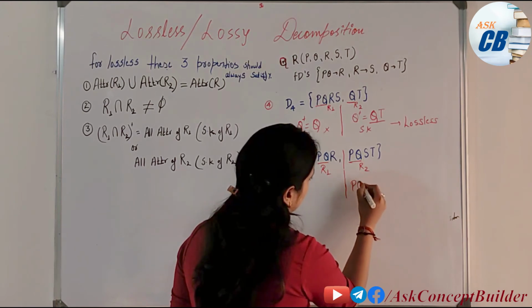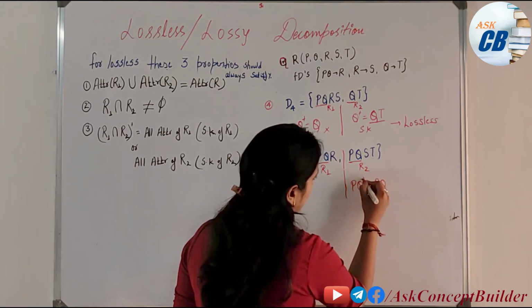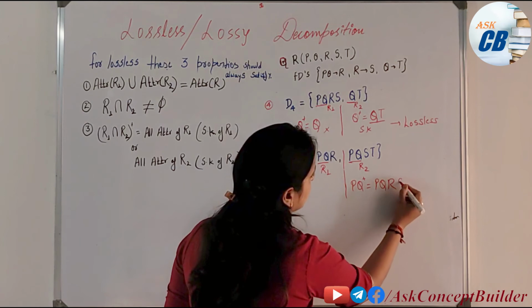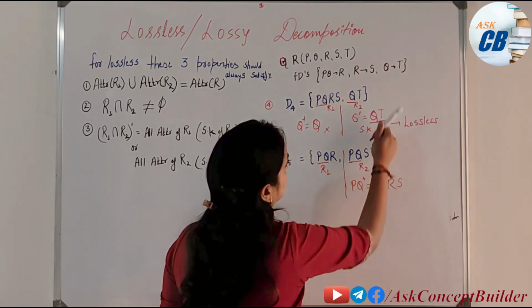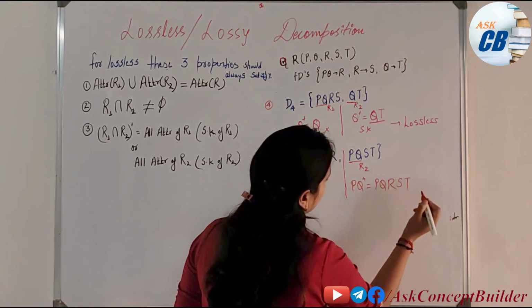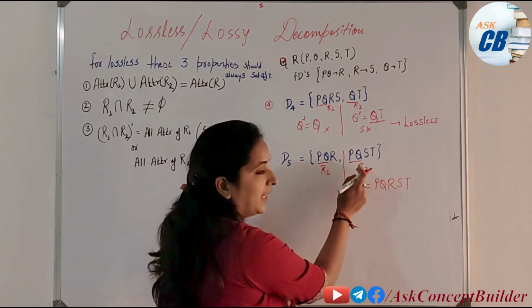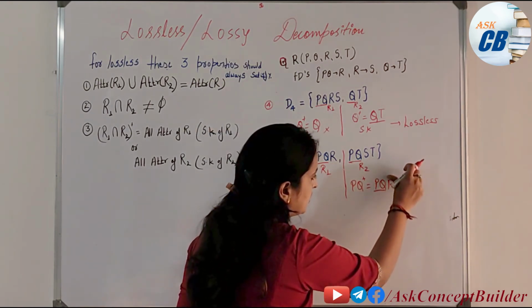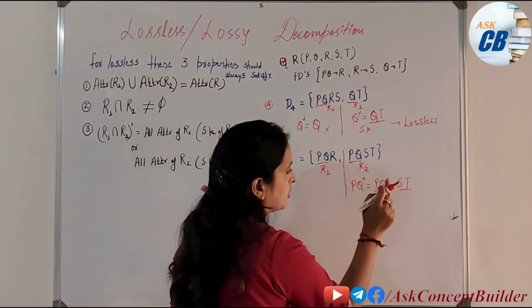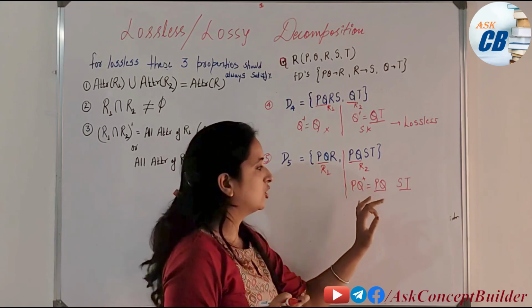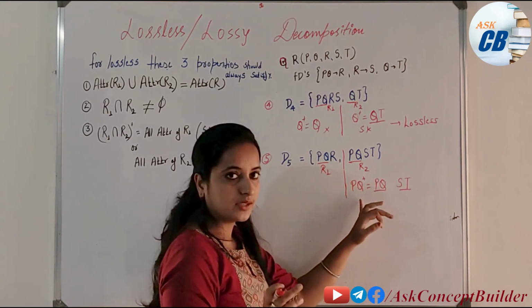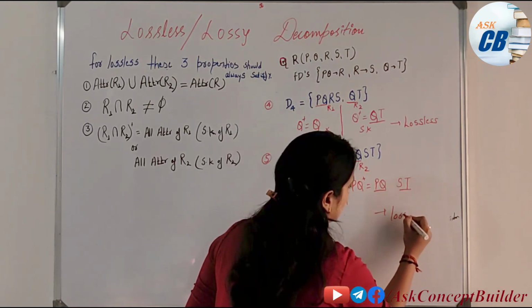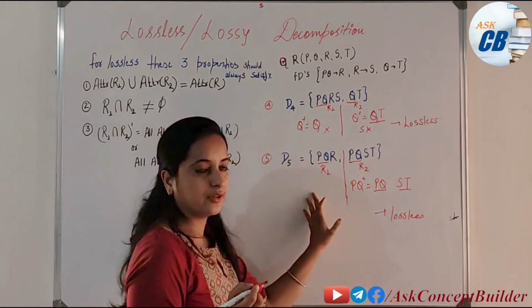Now PQ, so what will PQ give you? PQ will derive PQ. Now PQ is giving you R, and then R is giving you S, and Q is giving you T. Now see, is PQ deriving all the attributes of this relation? The attributes of the relation are PQST. So PQST, yes, it is deriving it. This R is not in relation R2, it is deriving it, but it's not needed. So it is deriving all the attributes of this relation, so this is the super key for this relation. Directly we can say this is our lossless decomposition. No need to check for this, but we will see here.